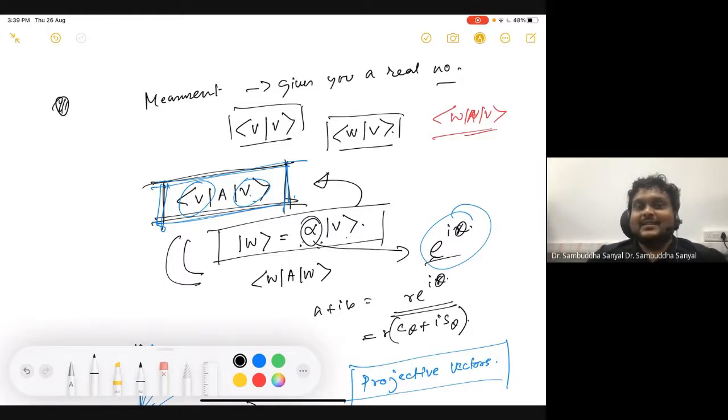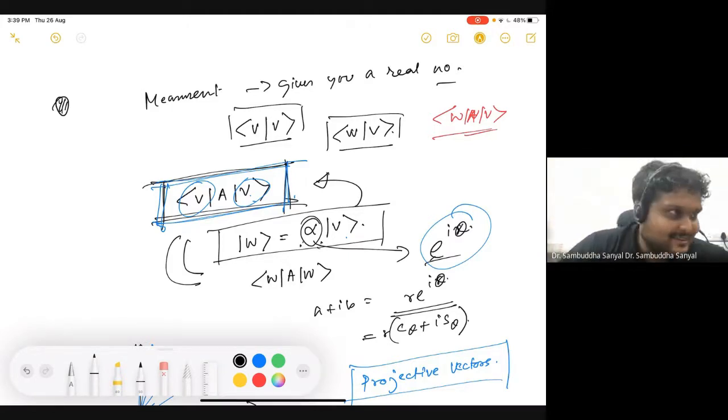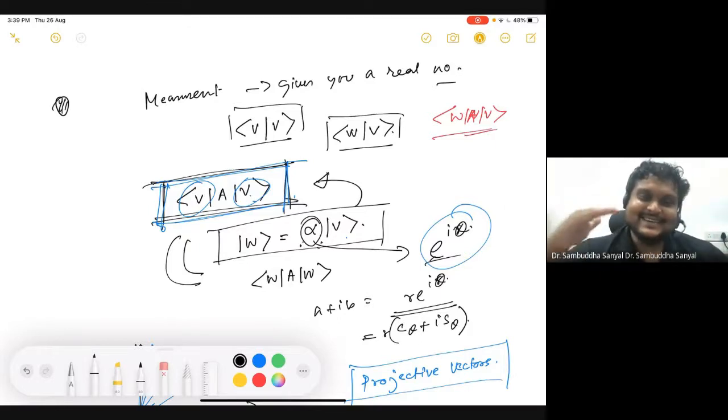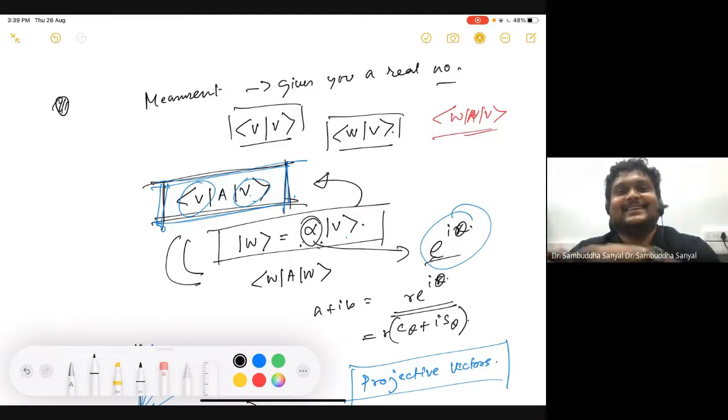Now you might wonder whether I'm constructing this by elimination. Yes, exactly. But if you read Dirac's book, that is how he did it. Because how a particular formalism developed in science is not always very elegant and clean. People develop it by trial and error, doing some dirty things, and then when they write a book, they write it very cleanly. Then you think, oh, what a genius! But it was developed in a messy way. Okay.